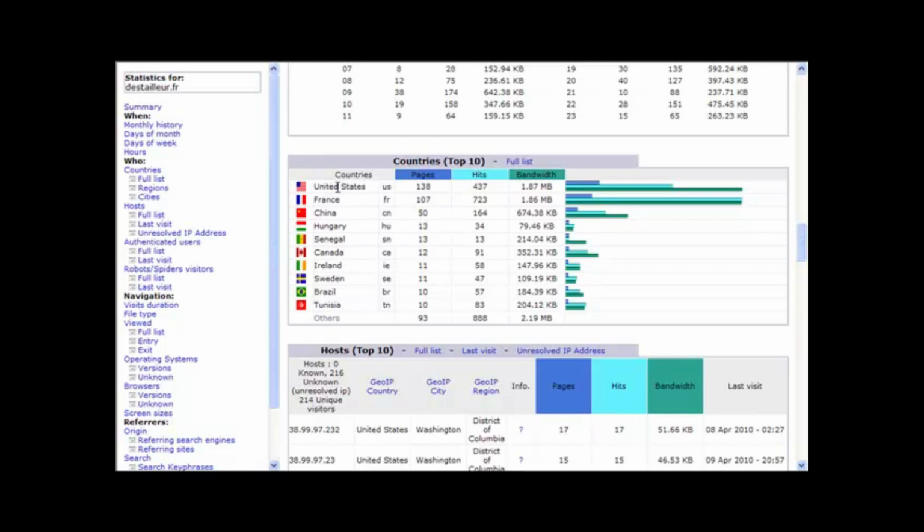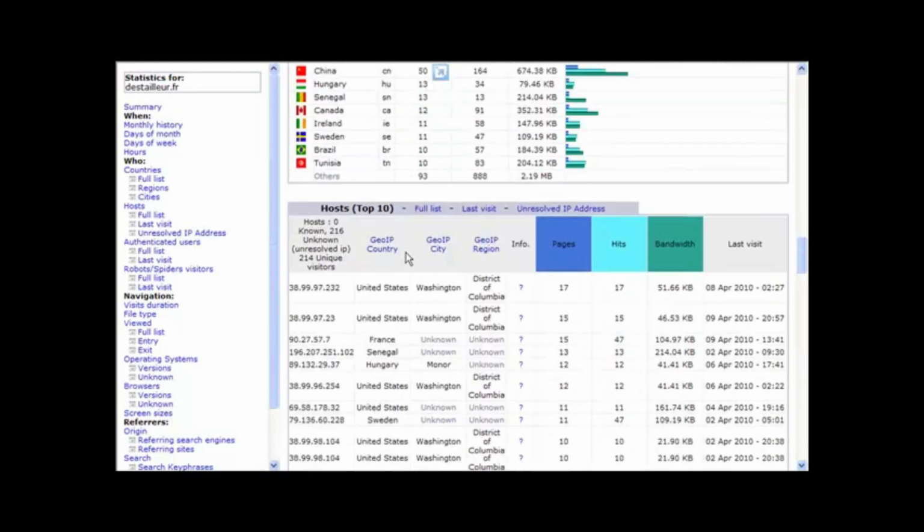This tells you where people come from to visit your website. On this particular demo, I've got 138 from United States, 107 from France, and then it drops off significantly. You can click here to view the full list, which will show you all of them. If I was displaying CPA offers here, I would know that the majority of my traffic is from the United States, but I've got a lot of French visitors as well, so I'd have to display something specifically for them, otherwise I'm potentially missing out on a lot of traffic.